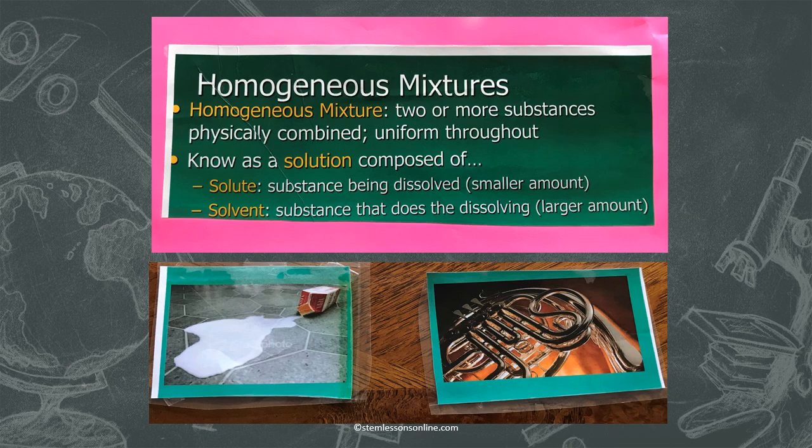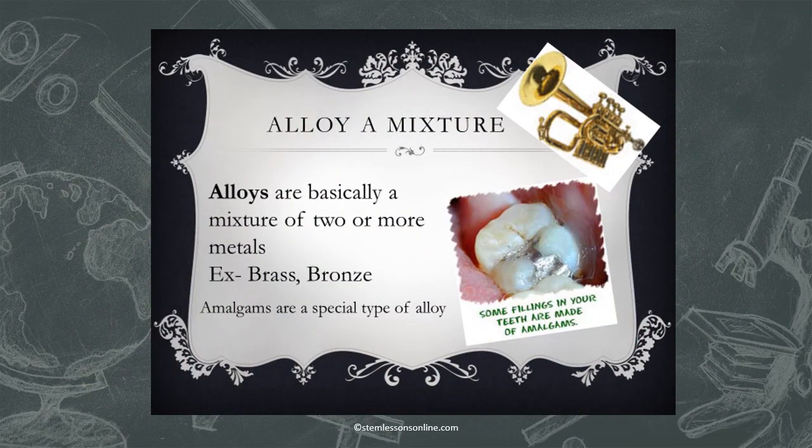Here are some examples. And now, if two or more metals are combined, it forms an alloy. See that this is a physical combination. So here is an example. Amalgams are a special type of alloy that the dentists were using, amalgam to fill the